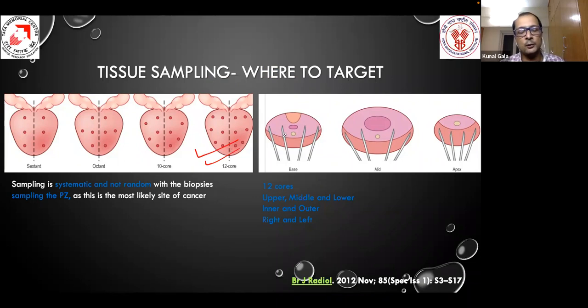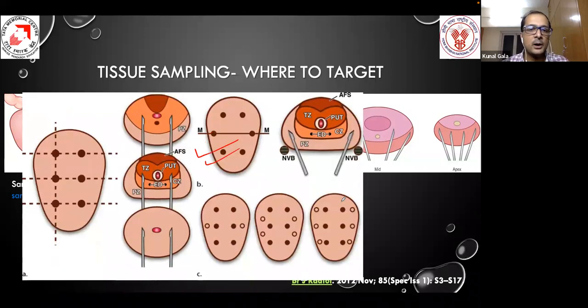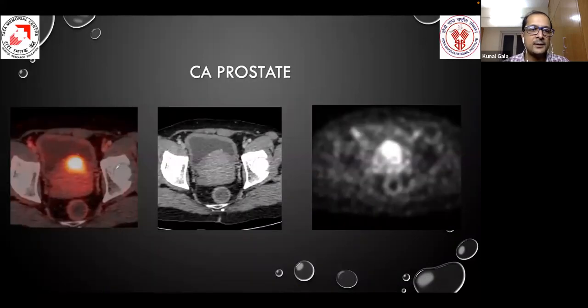What we do, we take the cores at the base of the bladder, at the mid level, and at the apex. So we take outer, that is medial, inner side and outer side. So upper, middle, lower, inner and outer, and right and left side. So this is a 12 core biopsy which is generally performed at our center, and this is a case of